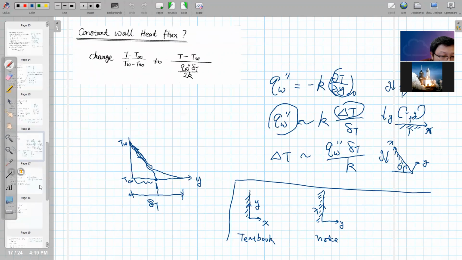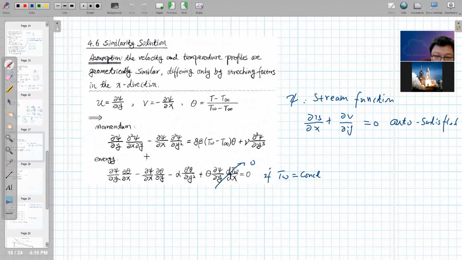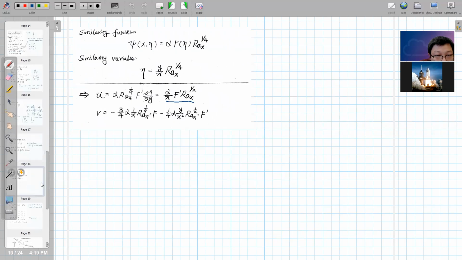And the last thing we did in the last class is the similarity solution. Again, it's very close to what we did in the forced convection case, and we only need to be careful about the additional buoyancy term. To handle this buoyancy term, we use a different definition of the similarity function and similarity variable. Let me write it. So in the forced convection case,